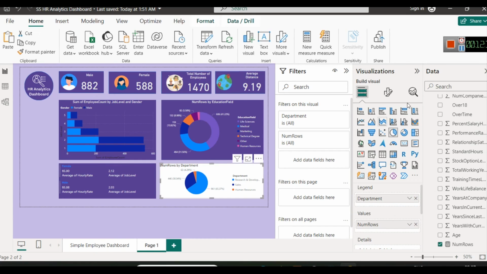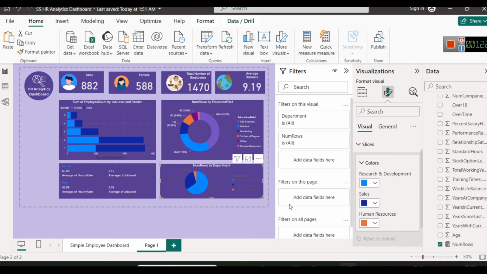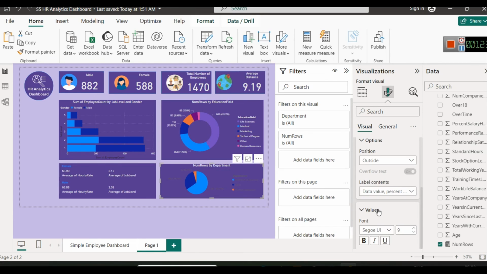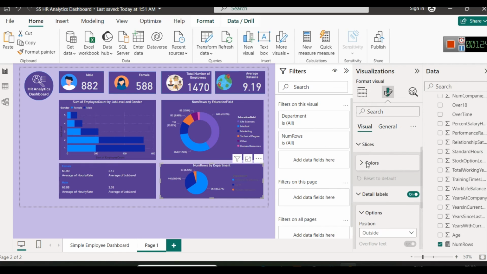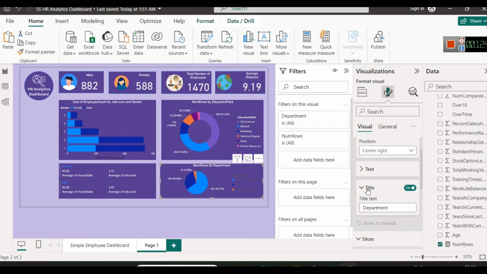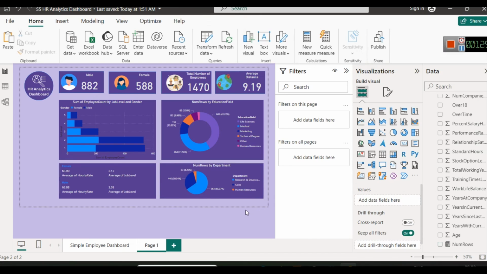So again I will do the styling. I just want to add one more thing here. In donut chart or in a pie chart, in case of slices, suppose somehow this color is not visible or it is blending with the background, so you can change all of that. I will simply choose detail labels as white and legend values as well. So this completes our third row,